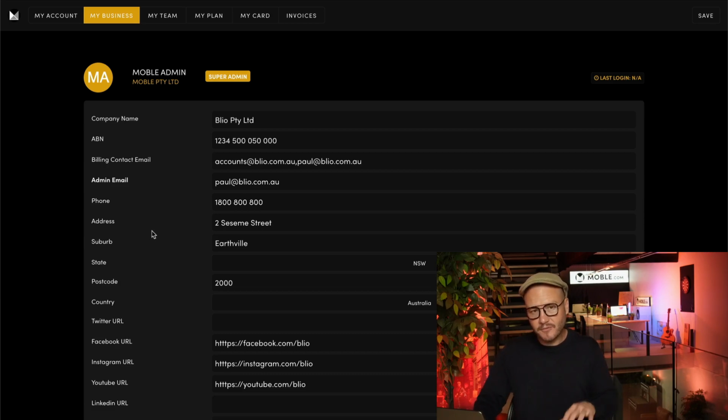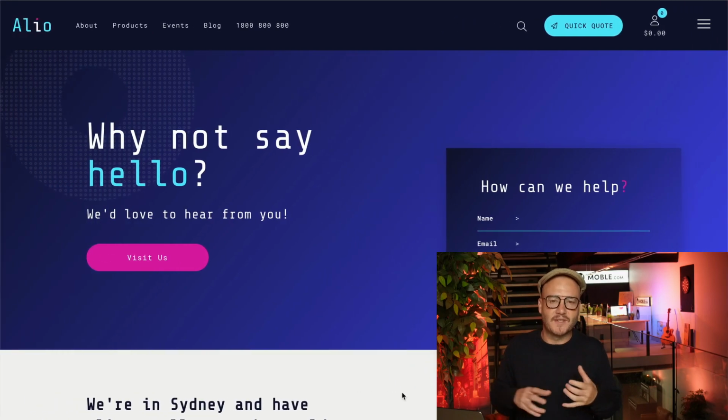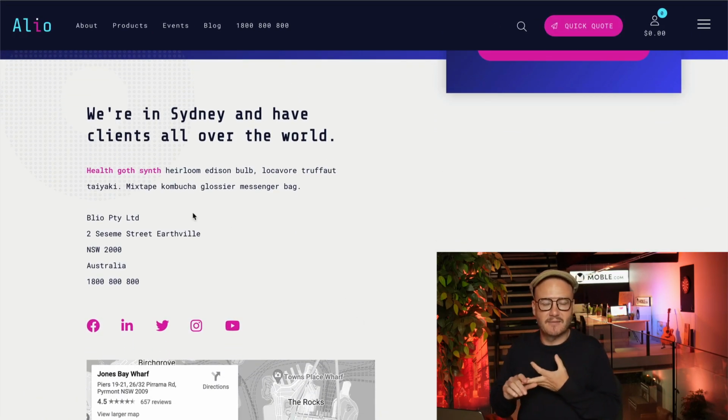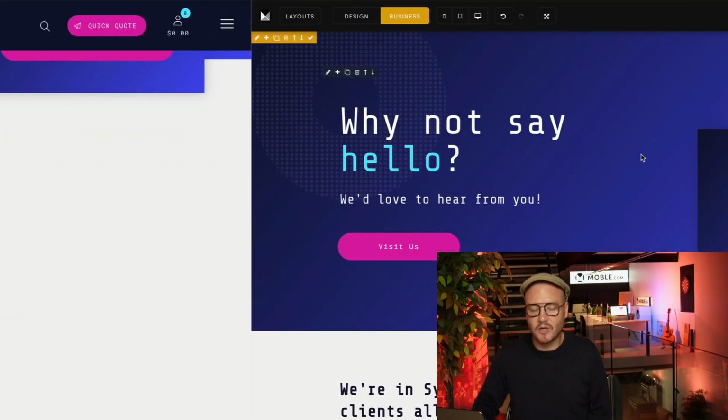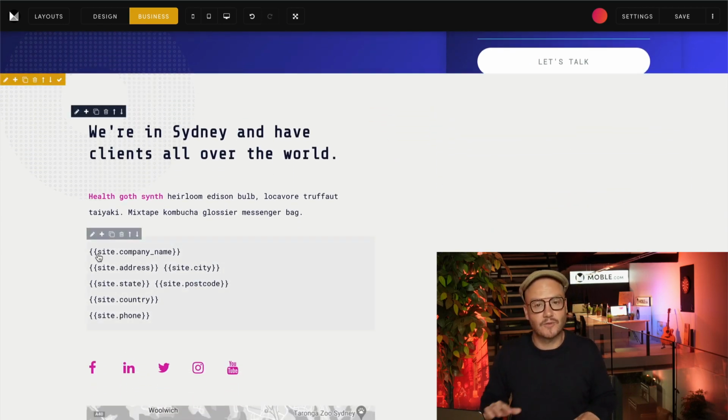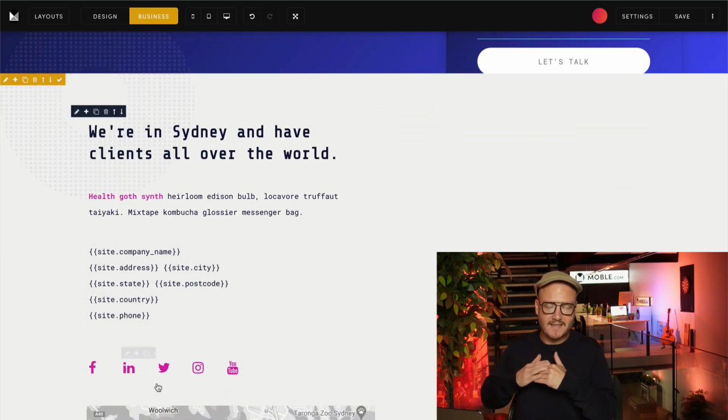Now the other fields on this page are actually quite important. I'll just explain why. Your address is all over the website, maybe the contact us page, maybe in the footer, maybe in some of the menus that slide down. Okay, so these act as merge tags to save you going to type that again. So now I want you to populate your address,